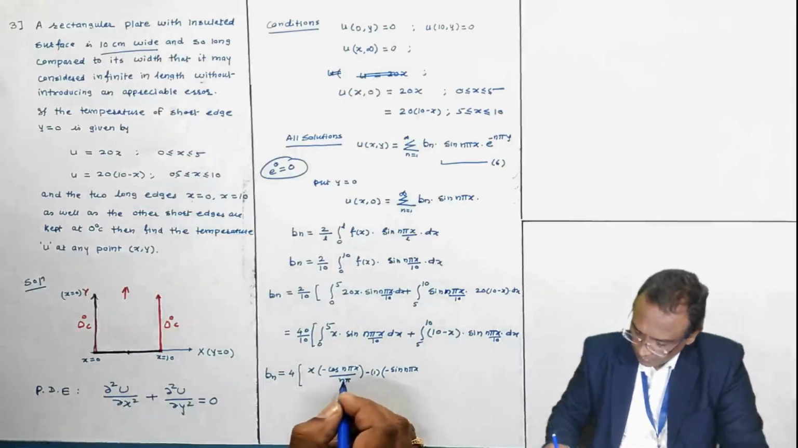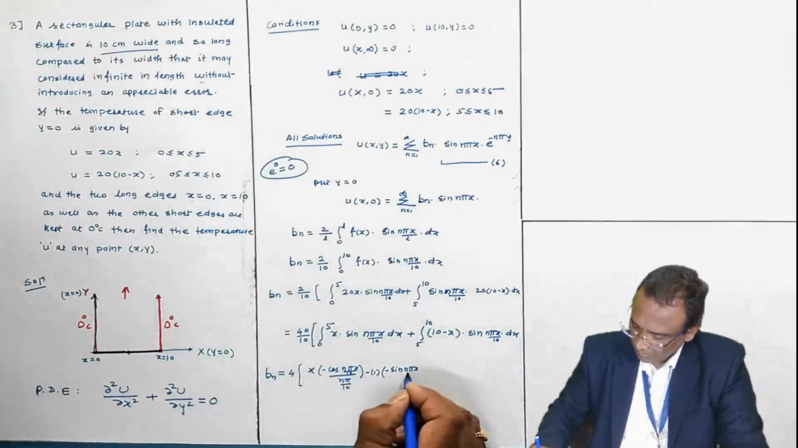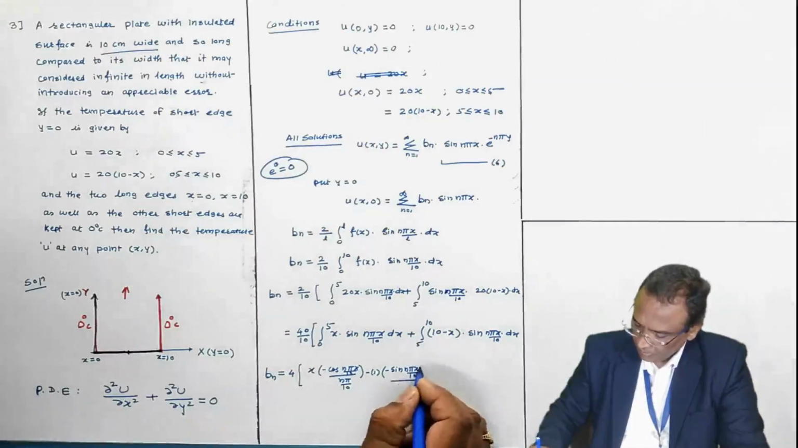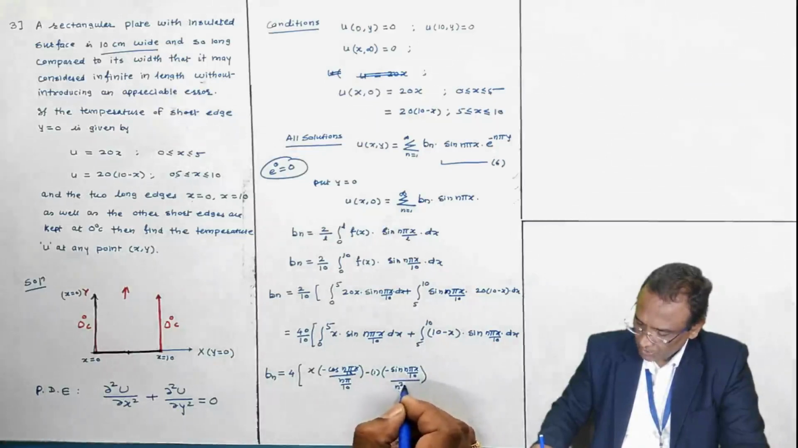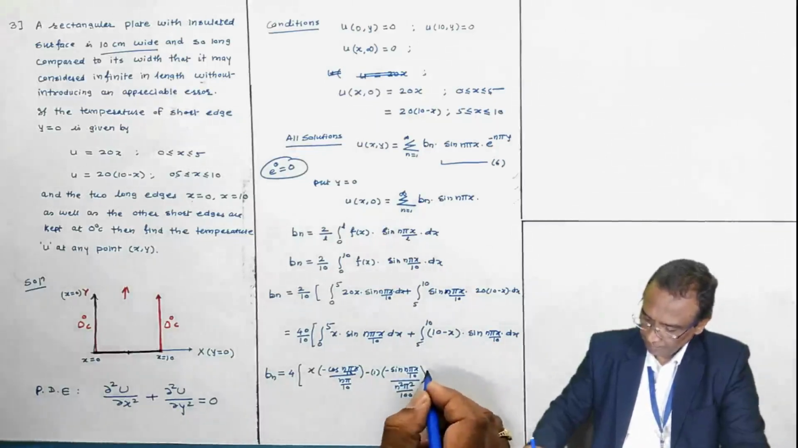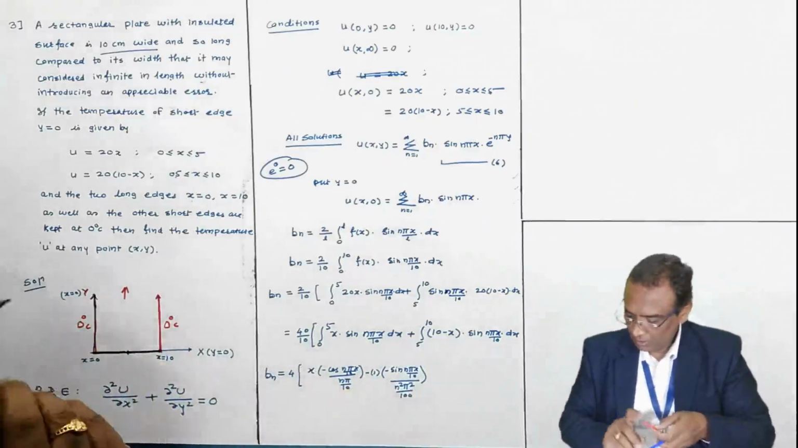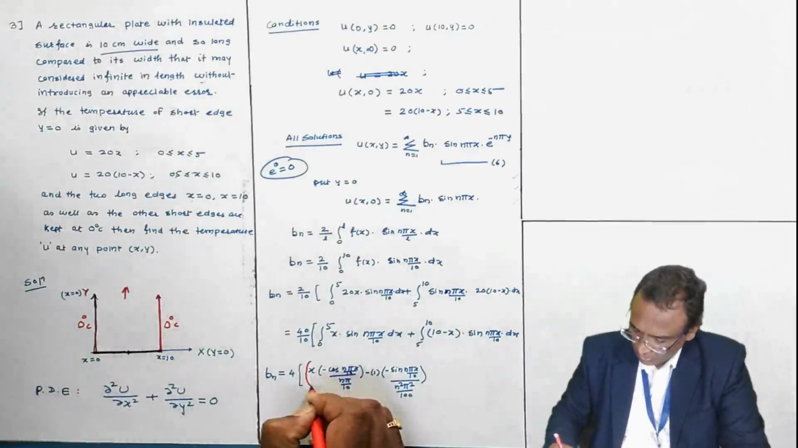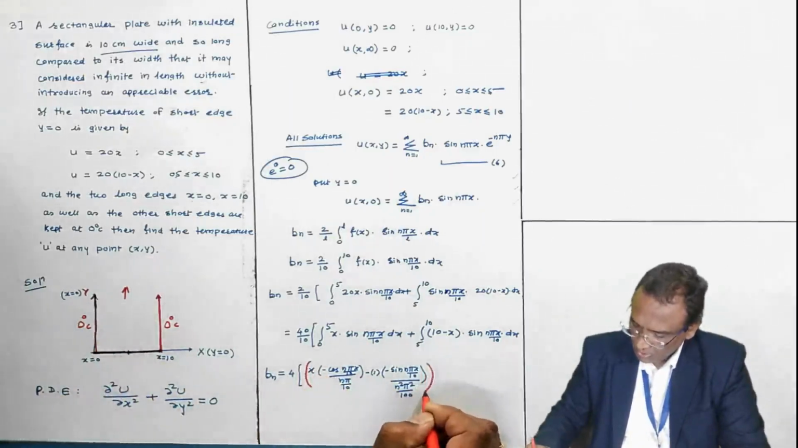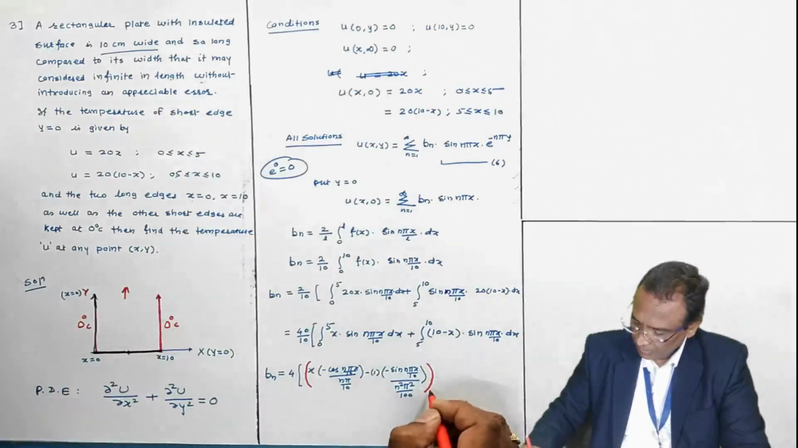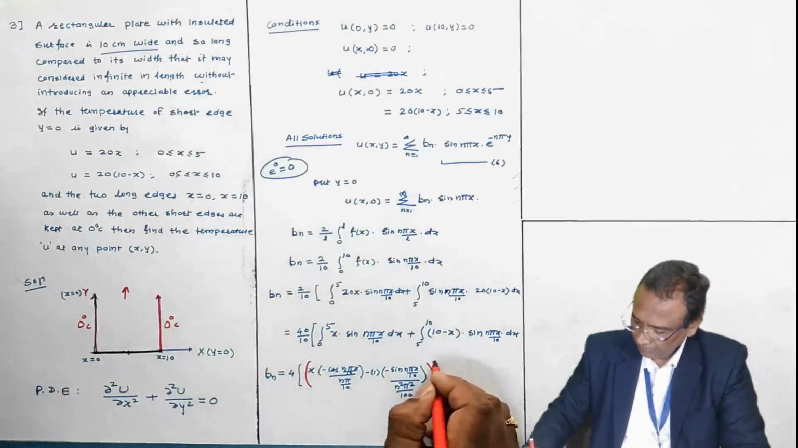then here n pi by 10, n pi by 10, divided by n square pi square by 10 square, which means 100. Okay, and derivative of 1 is 0. This is the generalized integration by parts I used, and this is the integration of the first term from 0 to 5. Now